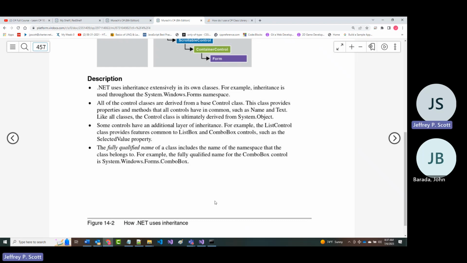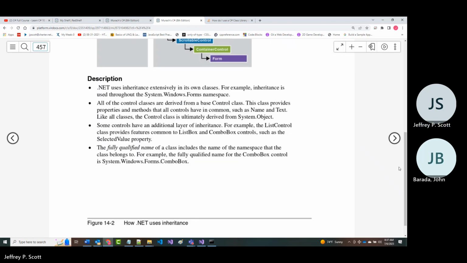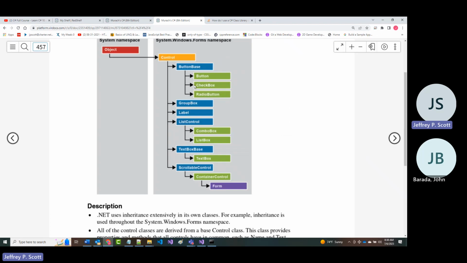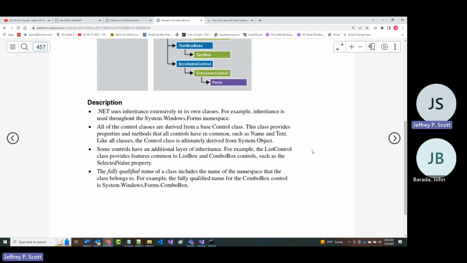All right. And all of the controls are the grand poobah, so to speak. The thing at the top is this base control class. It's kind of like if you had a really huge family reunion and you went up to a certain level. And let's just assume that at the top level, if you kept going up and up your class hierarchy, you had a mom who didn't even have a husband, but she was at the top. That was the top of the inheritance hierarchy. The same kind of an idea.